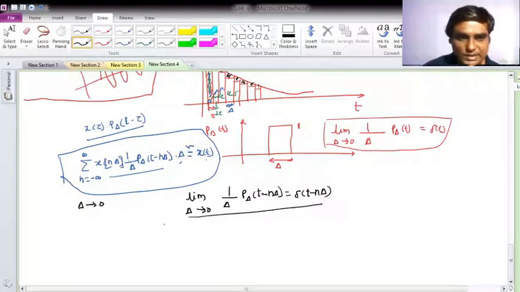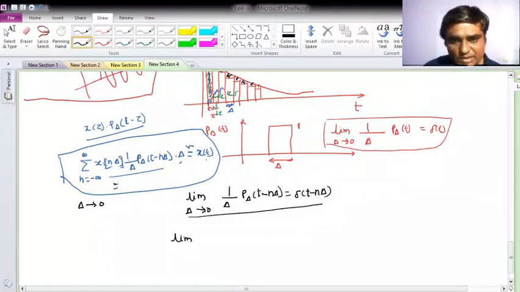So let us put it here. So it will be limit. Understood what we are saying basically? If I try to reduce the width as close as possible, or delta tends to 0, it acts as an impulse function, and if all the widths are very close to each other, it will look like your continuous domain form, and that we are going to approximate here right now.